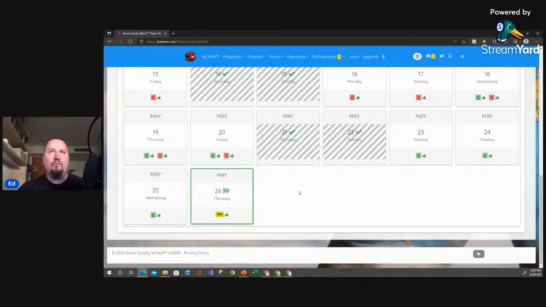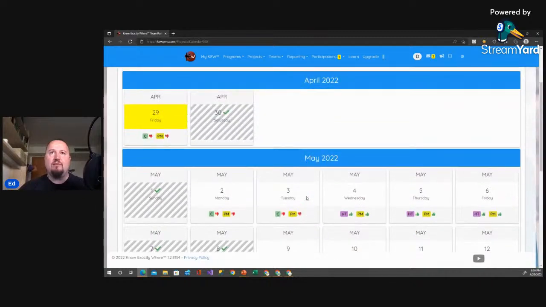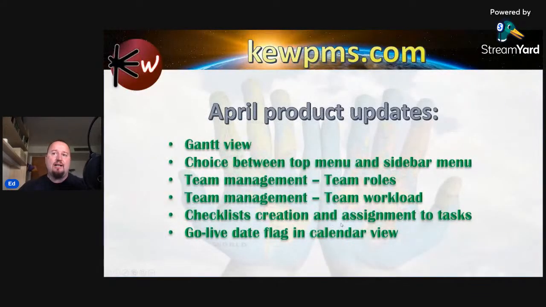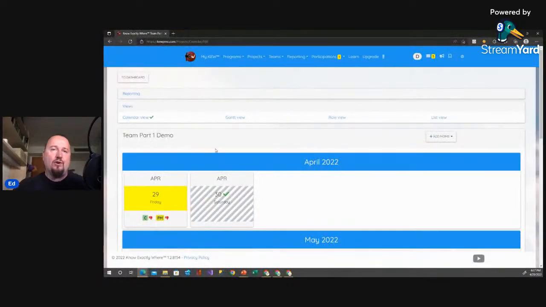A little visual effect for you to see it more clearly. That's that. And last but not least, the functionality I wanted to present today is the checklist creation and assignment to tasks. So basically, when you're dealing with projects, also the same, everything we're doing is trying to